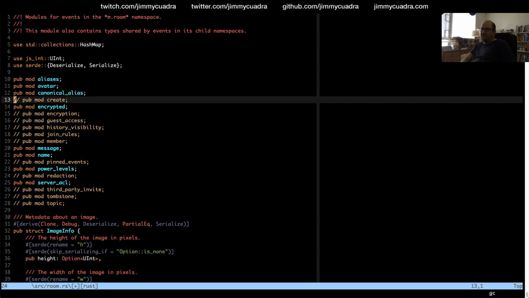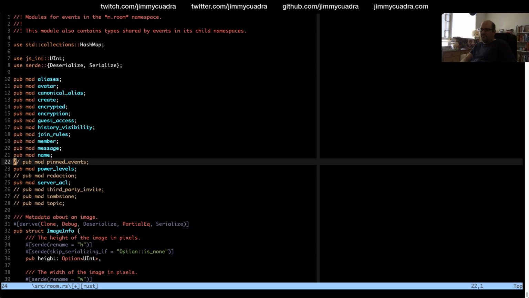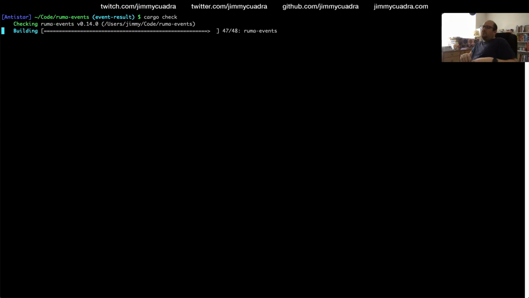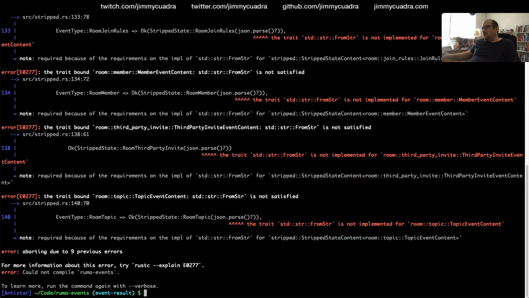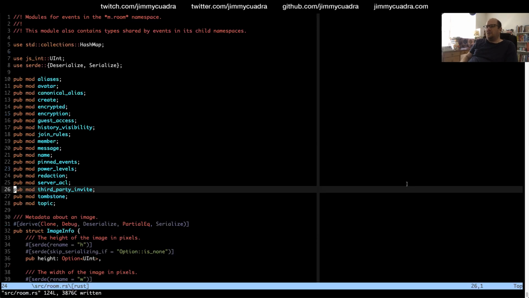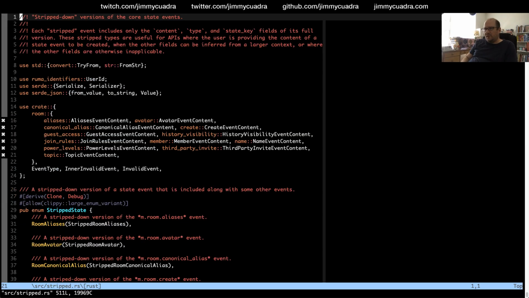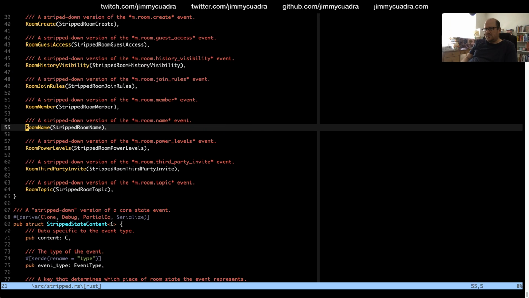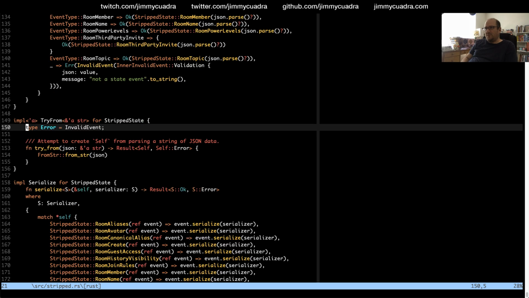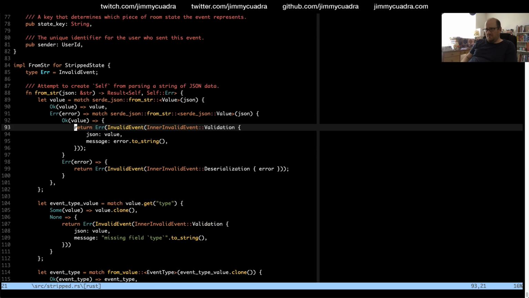I just had a bunch of stuff still commented out in the room module, so the types didn't exist. Oh dear. Okay, so stripped has something manual in it that's using the old API, it looks like. Yeah, so this needs a manual implementation of deserialize, just like we've been doing.